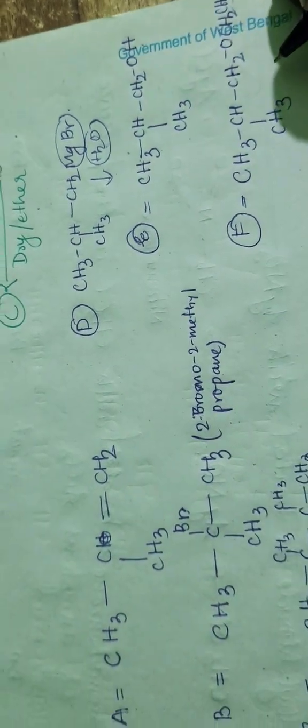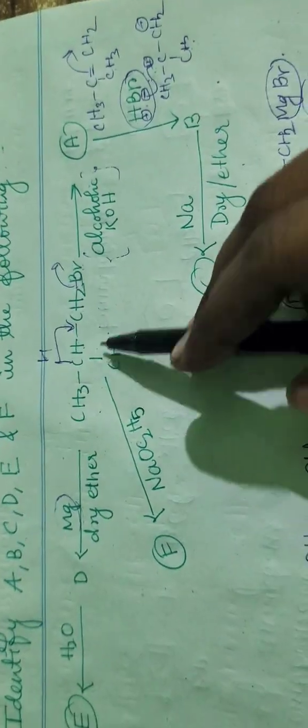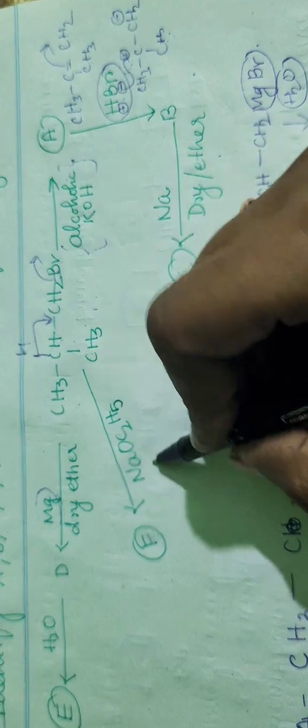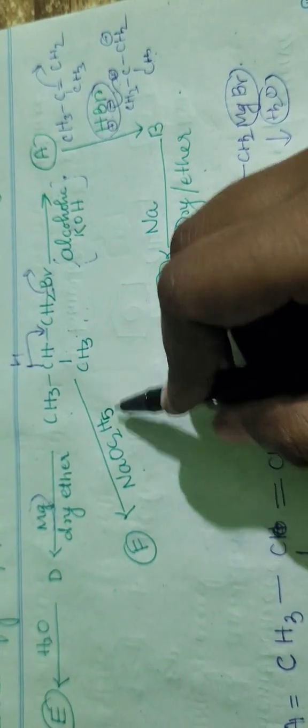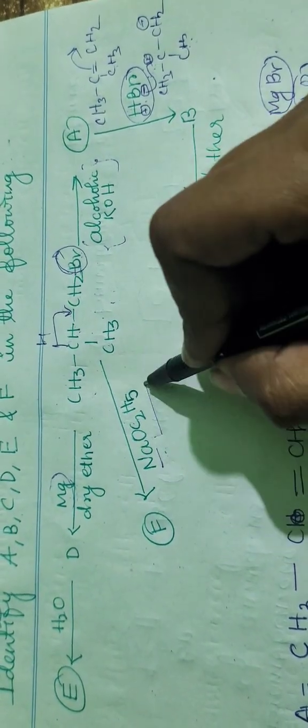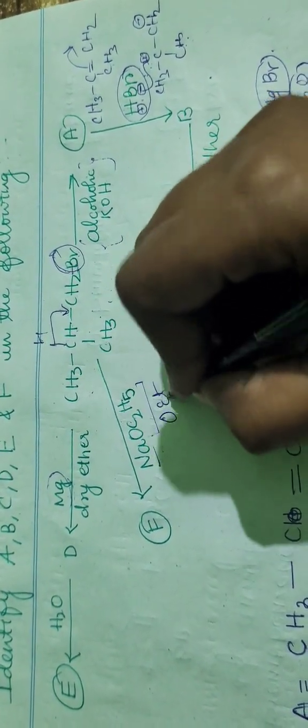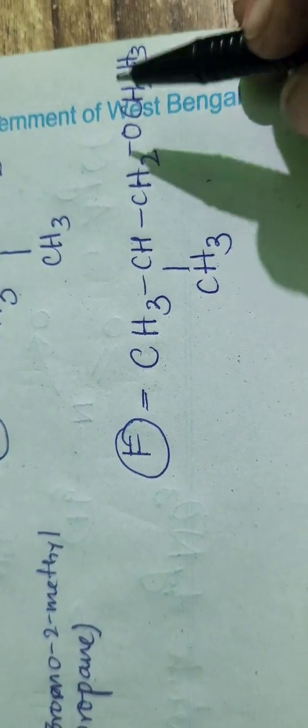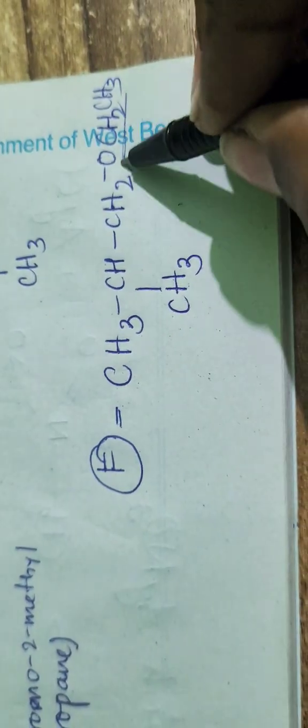Okay, and in the F number, that is this one. From here, once you add, it is basically your sodium ethoxide. So once you add this, what will happen, this bromine will be replaced with the Na, and this OEt group will be attached here. Okay, as a result you get the product as CH3CH CH2, here also CH3, here you have OCH2 CH3 part.